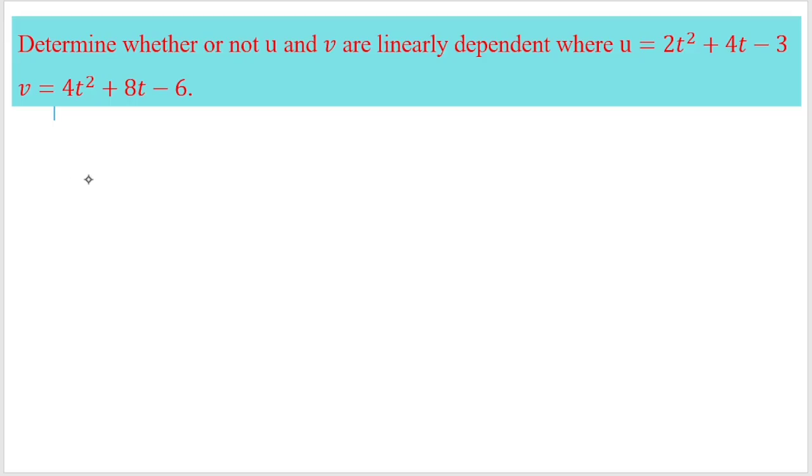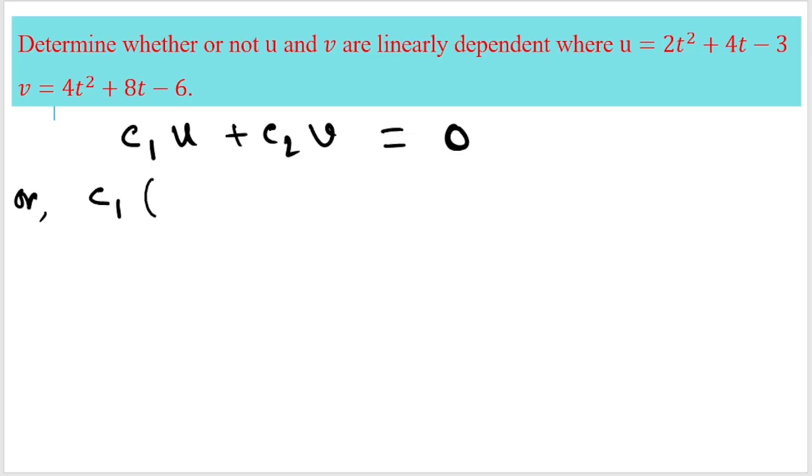Now the next type of problem, here two polynomials have been given. We have to check whether these two polynomials are linearly dependent or not. Again, we will take the same procedure. C1 times the first polynomial plus C2 times the second polynomial is equal to the 0 polynomial. Since we are considering polynomials, the right hand side will be the 0 polynomial. Now again, putting the values of u and v, we will get the equations as